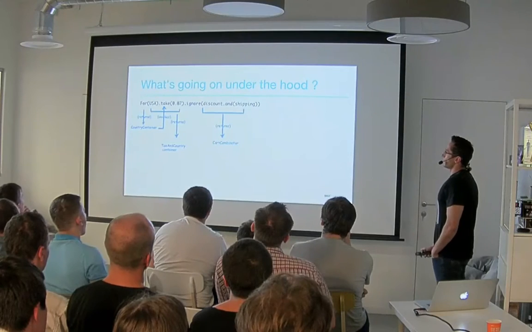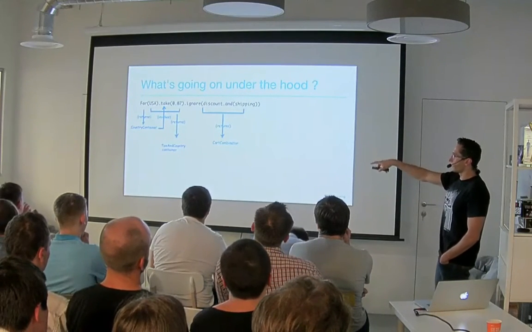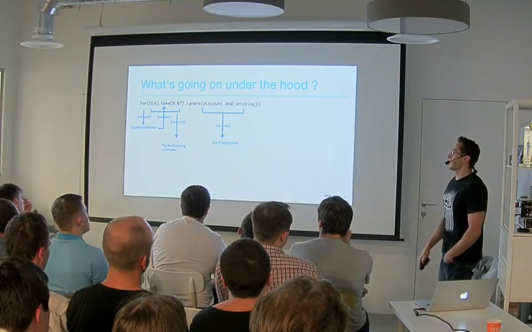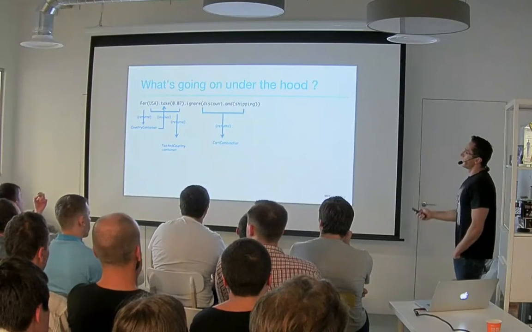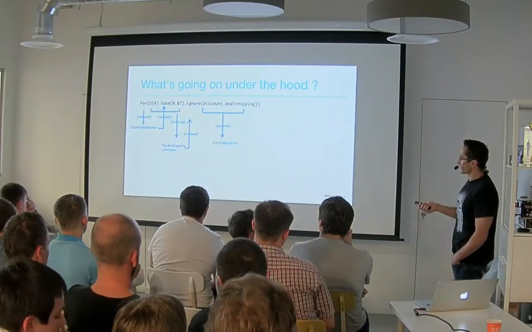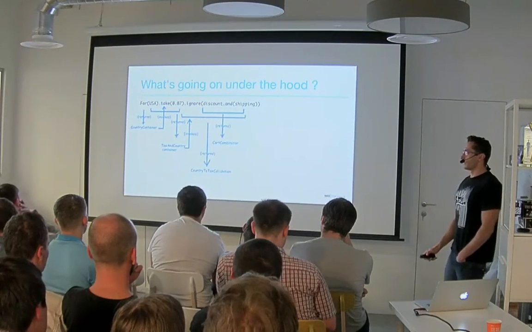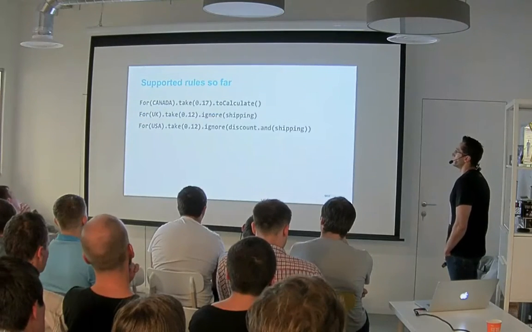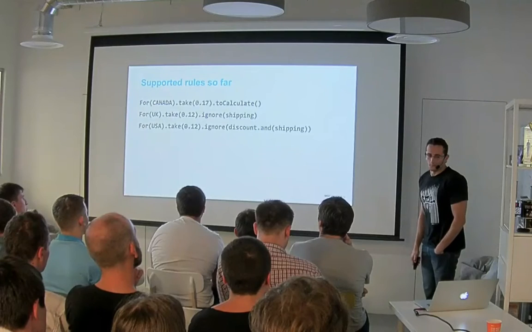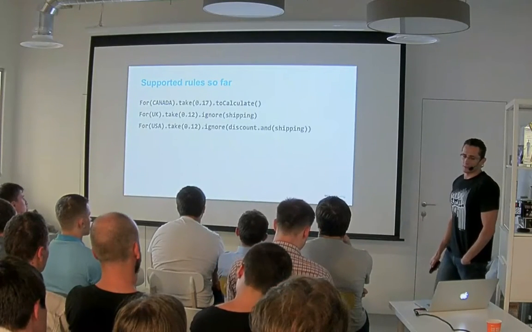Let's just review what's going on there. As you see, the first part is the same as we saw before. The second part, discount and shipping, uses the new count combinators we described, and returns us a new count combinator with the logic of the two methods. And in the end of the calculation is country to text calculation. So that's what we support so far. Looks okay. We have one more to go until our theoretical system is done.